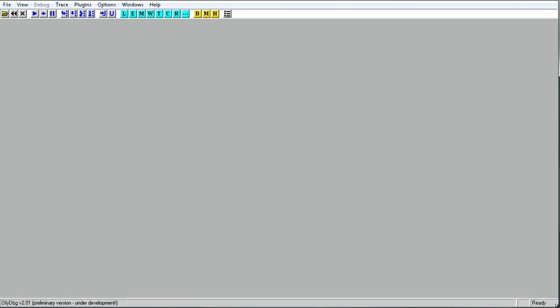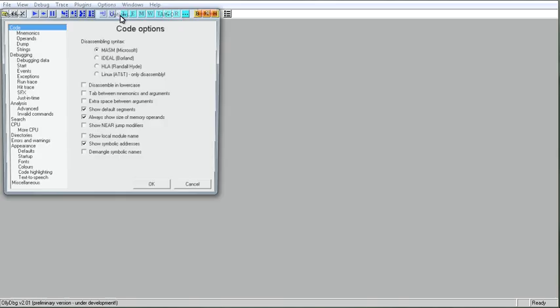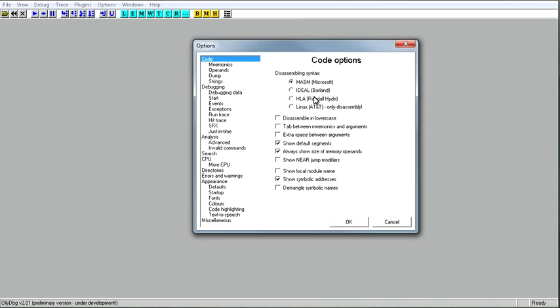And the ready button is down here. If you notice it, this is the status, what it's doing at this current point. In my videos, it's up here. That's an INI option. I don't know if they've added an option in here for it or not, but let's jump right into options. This right here is your disassembling syntax.